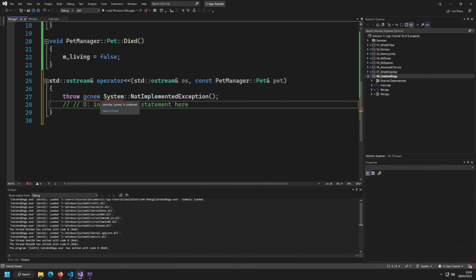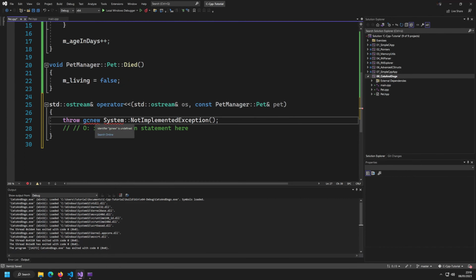What the hell is that? Throw GC new system not... Okay, this is some really odd code that Microsoft tried to give me. But really what we want to do is we want to return OS, and we want to say something. What do we want to say? First we're going to say the name of the pet, get name, yeah, like that, and then we want to say like the